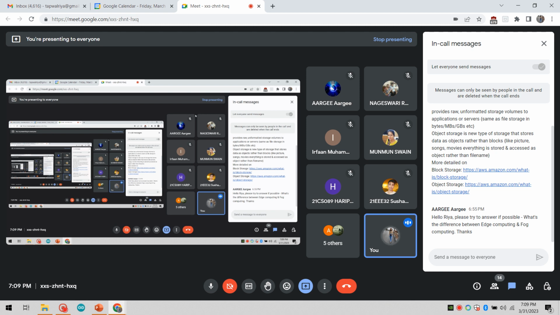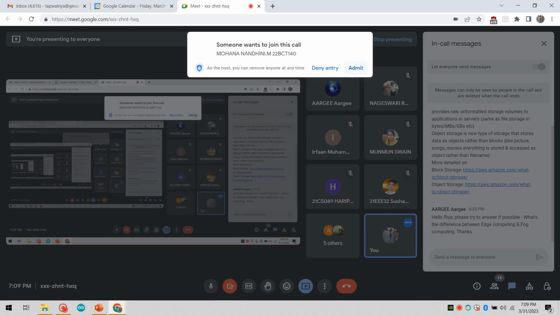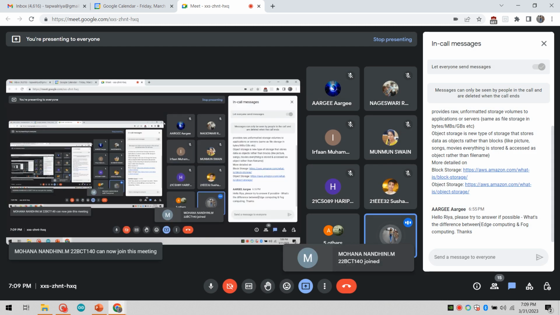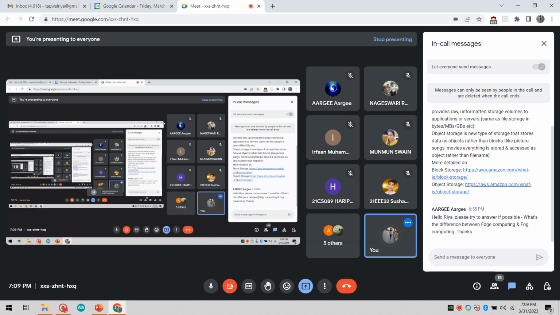For example, if you are going to place some fog nodes over a city, right? Because in case of cloud computing, the servers may be present globally, and if the nodes are present over a city which is going to analyze the data, then it will be the case of your fog computing. And if the nodes are placed in your particular location only, or the other case is